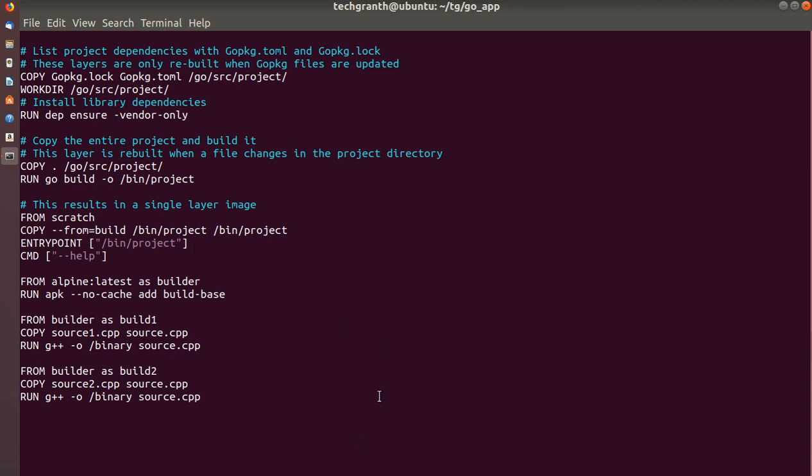So that is much more useful than creating different Dockerfiles or scripts to include intermediate builds or stages. So we can use these multi-stage builds as well to reduce the size of our images or builds.